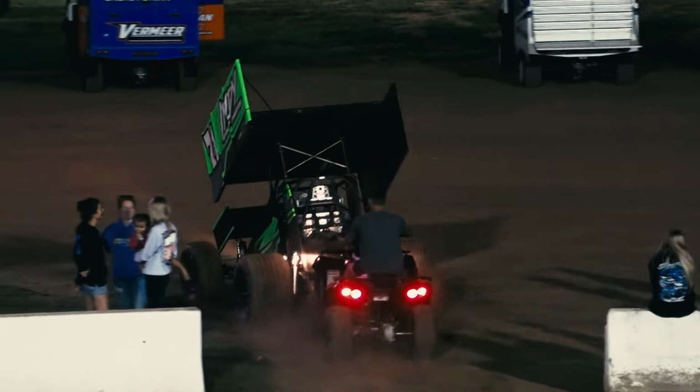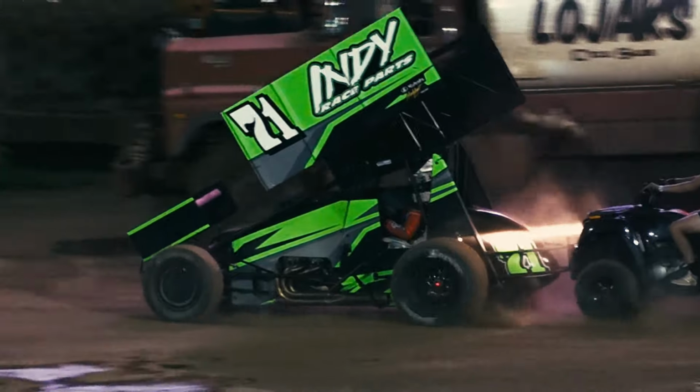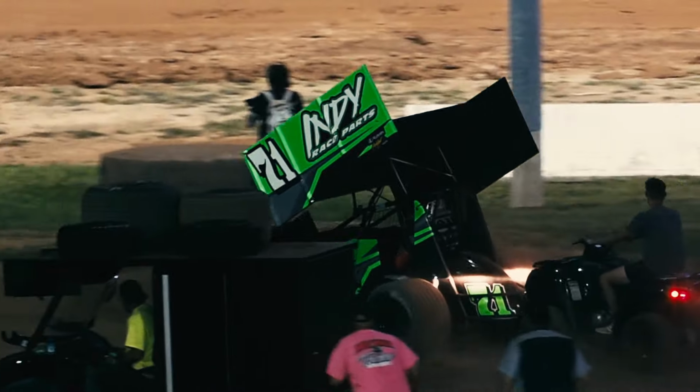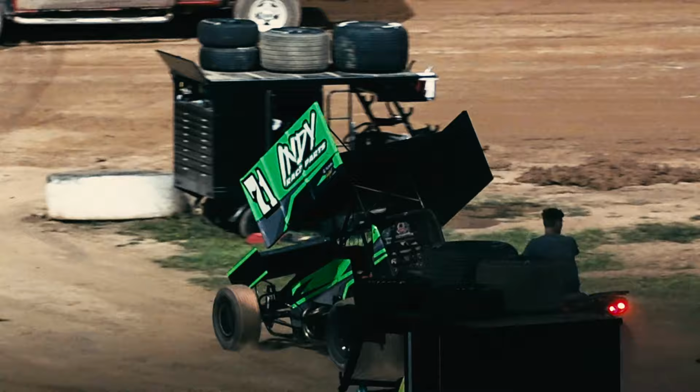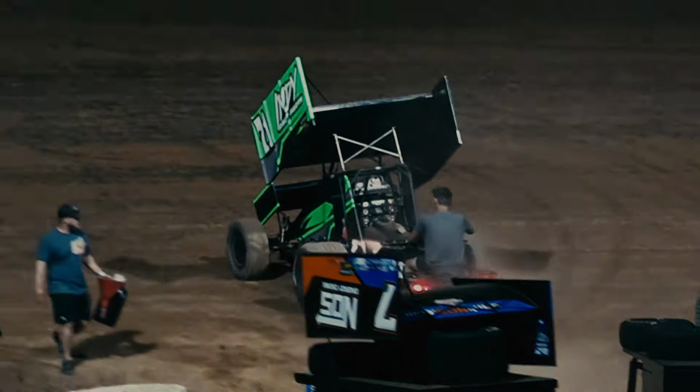We do have a car making its way into the Rod and Supply work area under this open red. It is the 71 of AJ Flick, and now Flick is heading back to the trailer, it sounds like. So that's going to be the end of the night for AJ Flick in the Indy Race Parts car. As the open red flag is about to